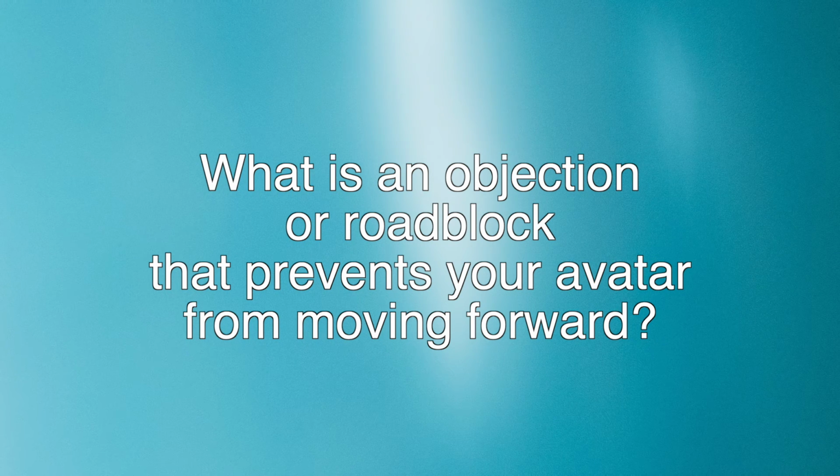An objection or roadblock is what prevents your avatar from moving forward, and it fits into the sentence structure: my ideal customer is hung up by the idea that blank. Examples: selling is sleazy and manipulative. Most great deals must come from insider trading or special knowledge. The market is too crowded with other agents who'll do anything to get a deal.